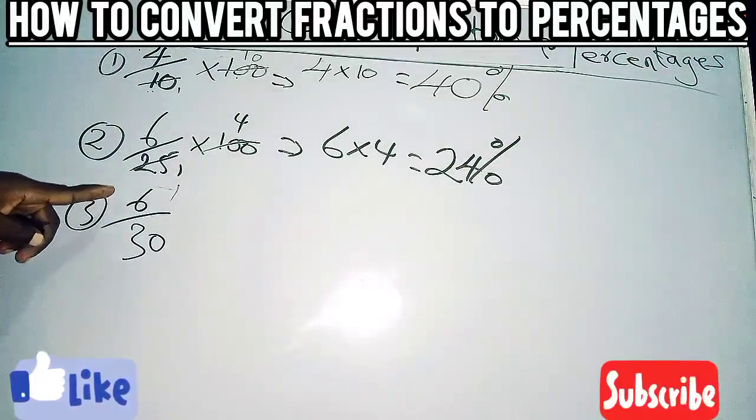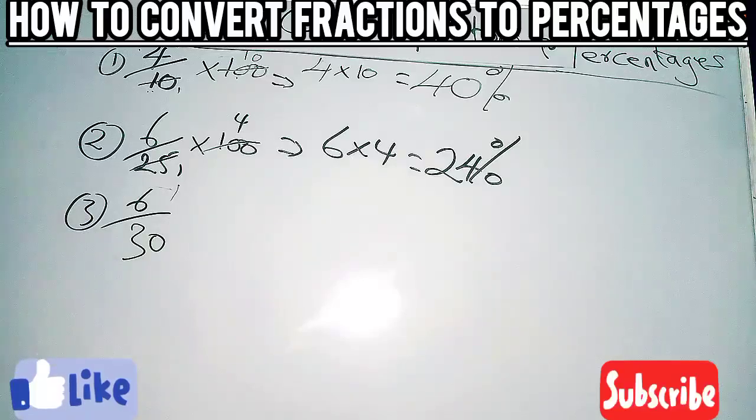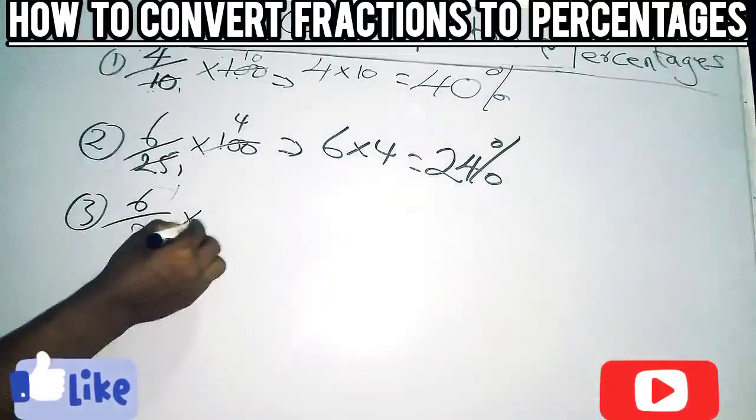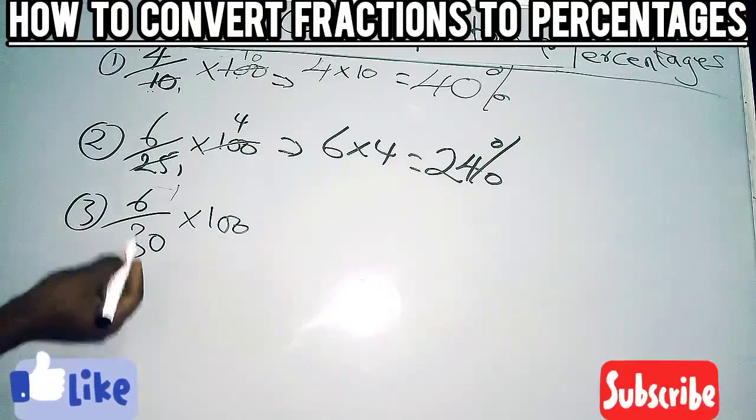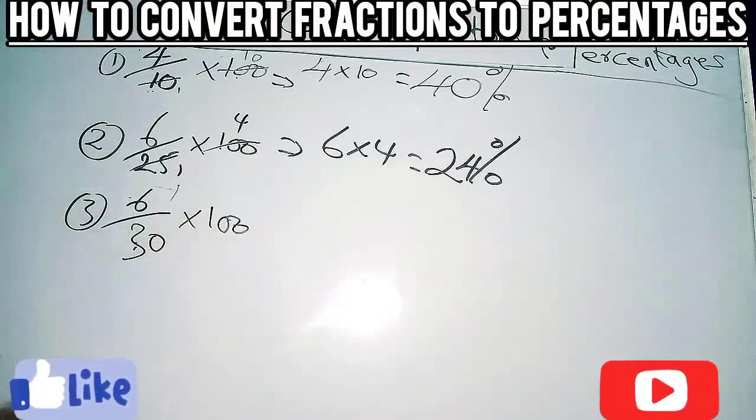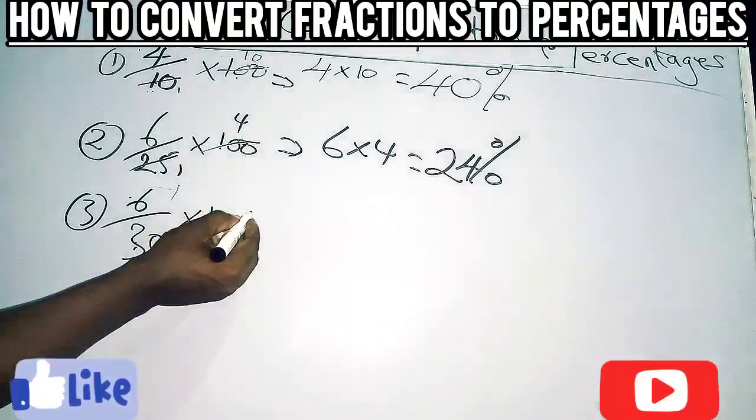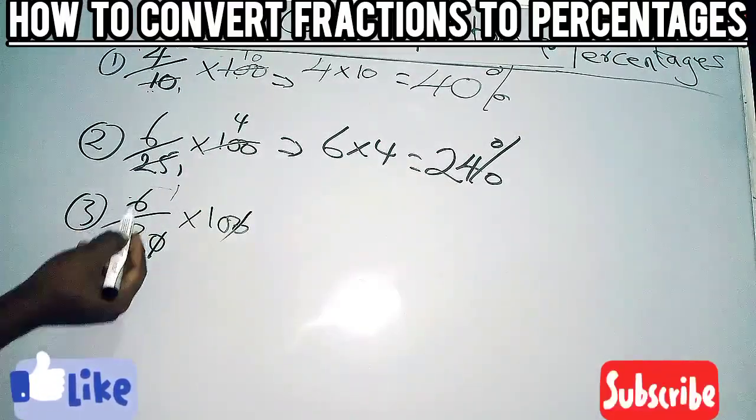Look at the last one. We have 6 over 30 as a fraction to convert to percentage. As usual, the first thing we do is to multiply it by 100. What do we do now? You can either cancel from here and here or cancel from here and here. So first thing, I can cancel the 0 here, and the 0 can cancel here. Now I'm left with the 6 over 3